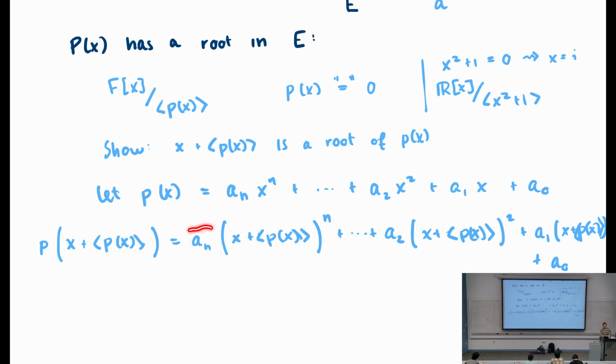So I'm not going to write this out as a_n plus px, but that's really what it is. Okay, so let's expand this out. In E, how do we multiply cosets, or how do we take powers of cosets? We'll just take the power of the coset representative. So this will be a_n times x to the n plus the ideal generated by px